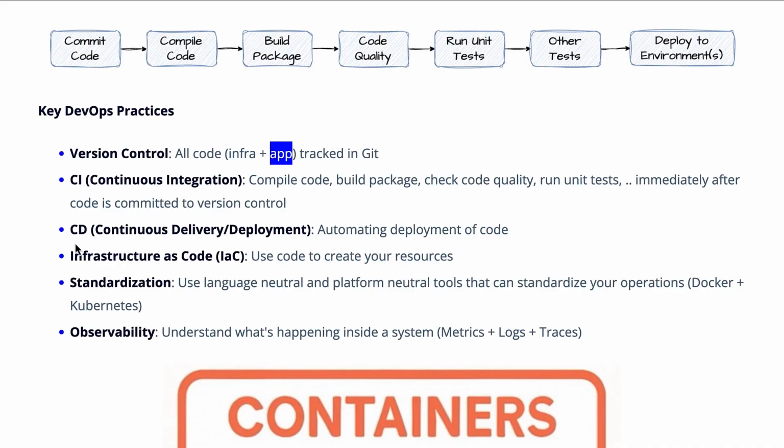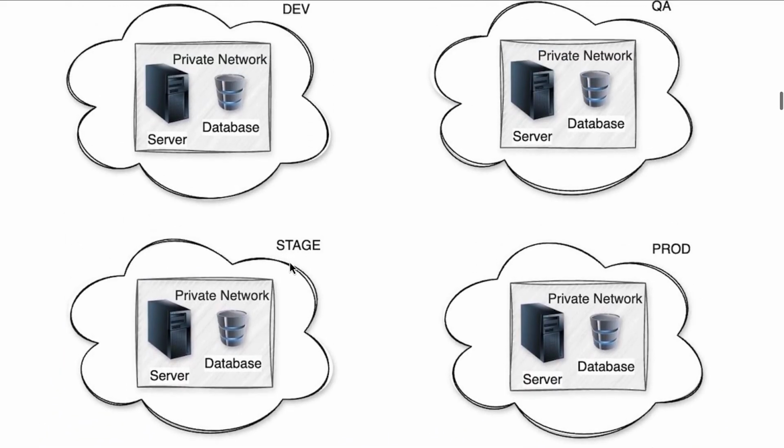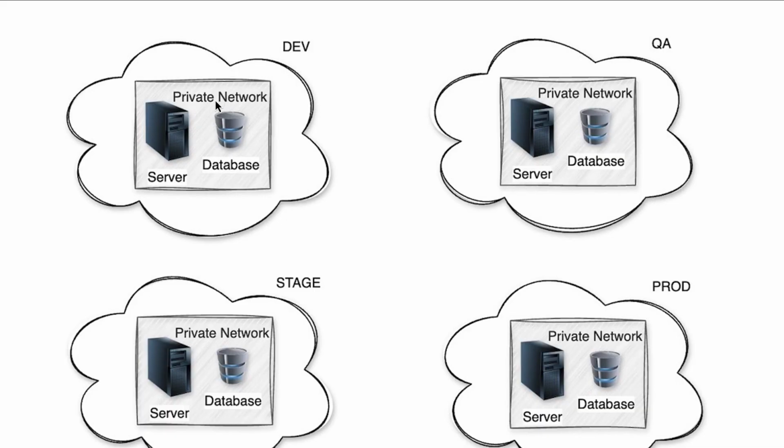The next important practice with respect to DevOps is infrastructure as code. Typically, we write code to build our application. How about writing code to provision environments, to create resources in our environments? Whenever I would want to create something in an environment, for example, I'm making use of cloud, I might need to create a private network or a VPC or a virtual private cloud. I would want to create a server, maybe a compute server. I want to create a database. So there are a lot of resources that you would create, and you want to create hundreds of such resources. And we would want to repeat this across multiple environments.